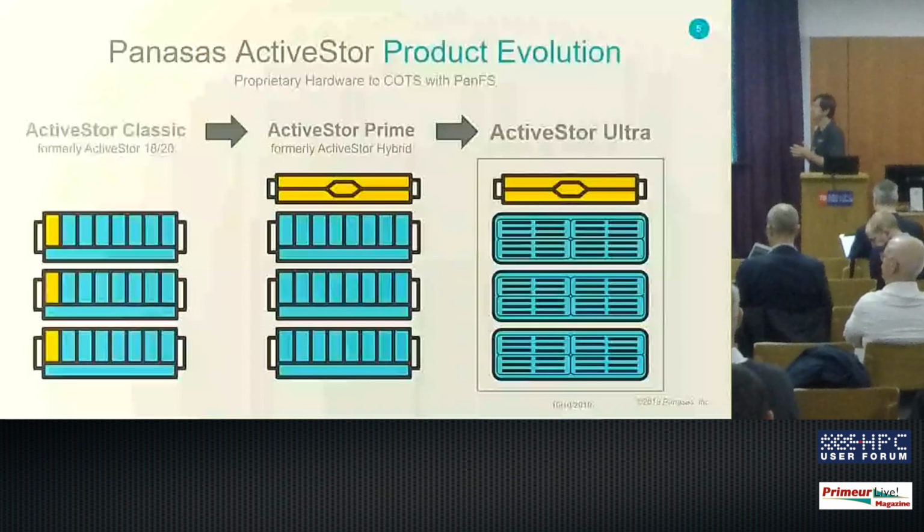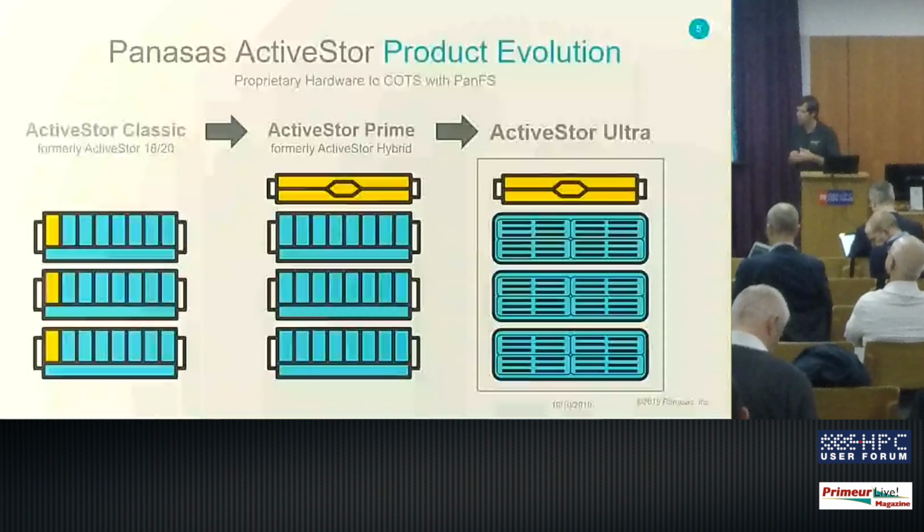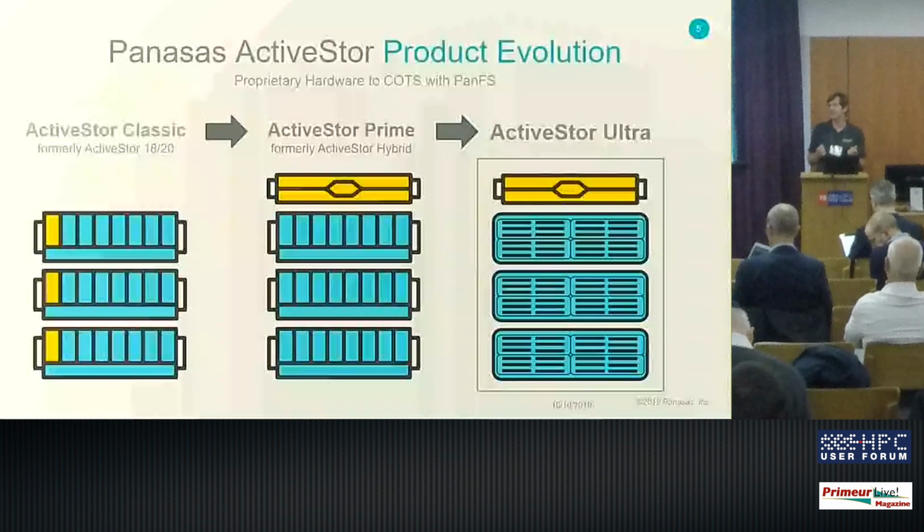So how has our product evolved over time? Our classic product was based on our proprietary hardware, and we have moved off that proprietary hardware to COTS hardware. The first step was moving the director nodes, the director blades, to a director node using commodity hardware. And then the next step with our Ultra platform is to replace our proprietary storage blade also with COTS